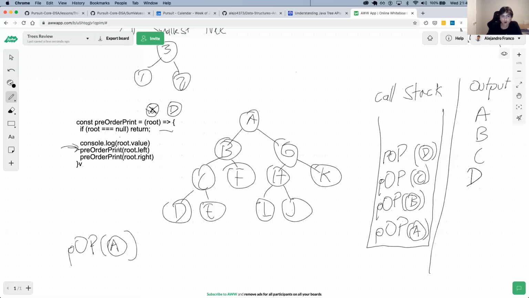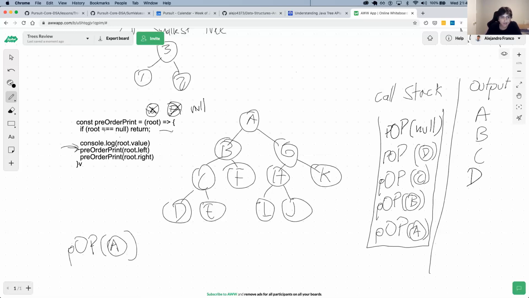And then we call pre-order print on the left of D. What's the left of D? No, there's none. No, that's correct. But that actually makes it onto the call stack. We call pre-order print with null. So this node is no longer D, now it's null.